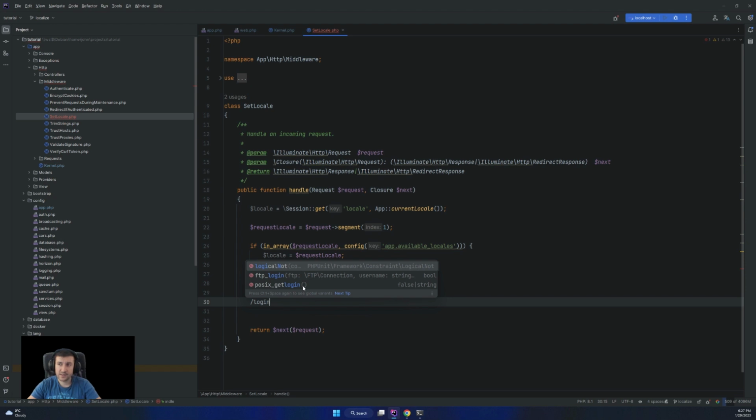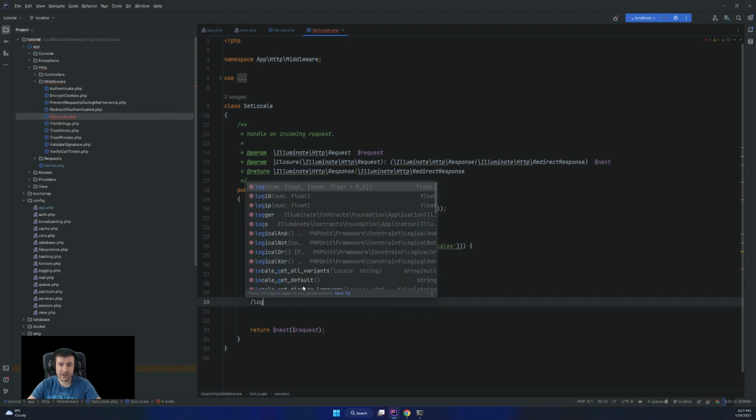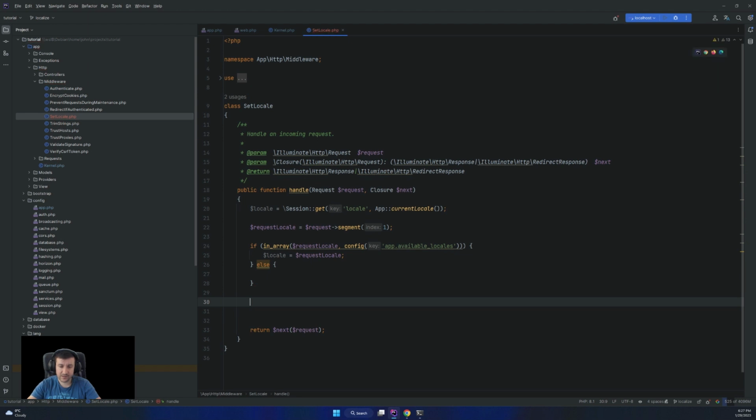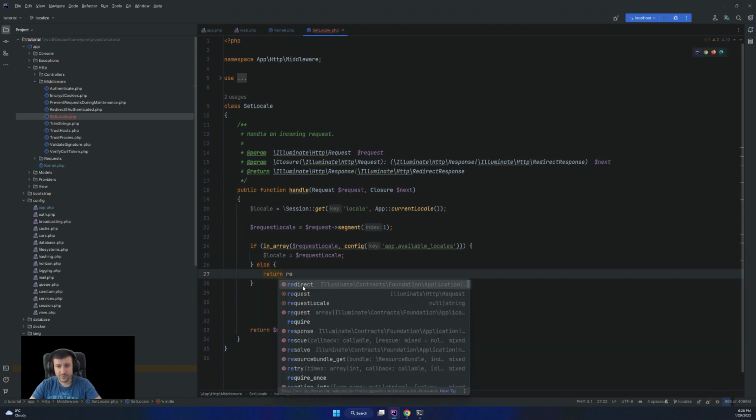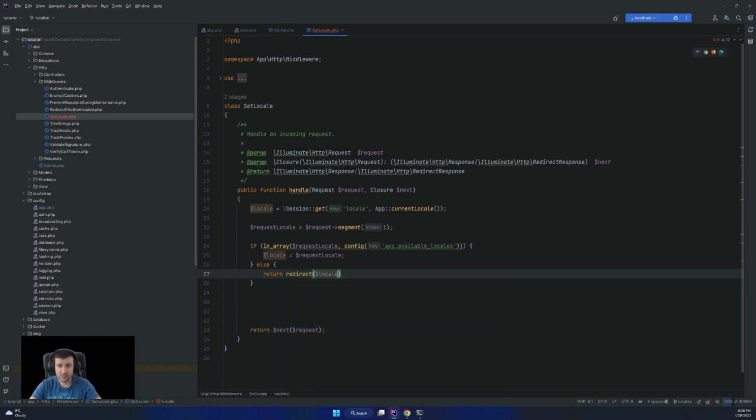Well, that means he didn't navigate to our website, and therefore the login route is not valid like this. It's a language, an available language, and then login, and that's a valid route. So in case there is no valid route, we redirect the user to the locale that is in session or the default locale.